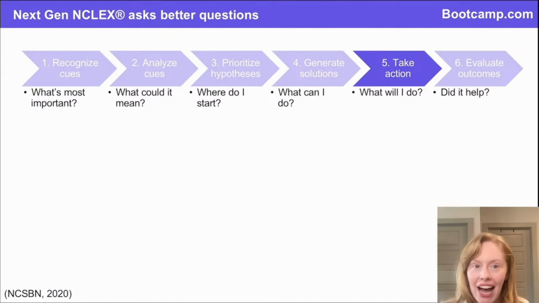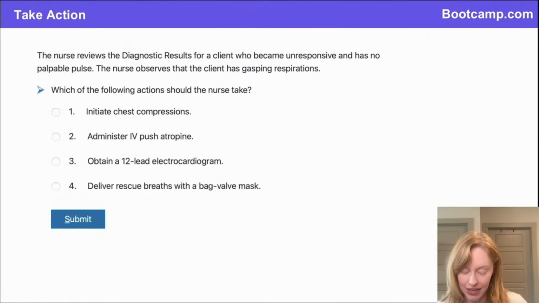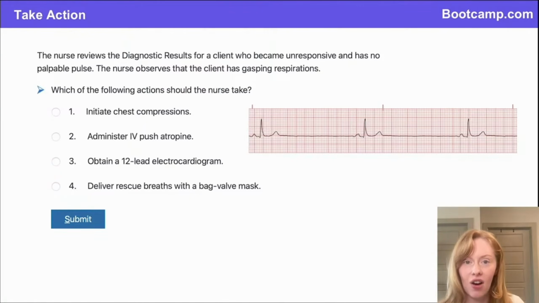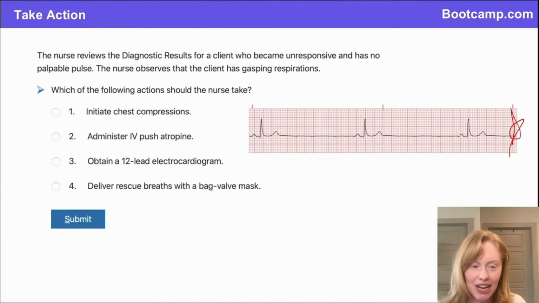Then we're going to take action, or actually implement the action that we know the patient needs. So here we've got diagnostic results for a patient who became unresponsive and has no palpable pulse. They've got gasping respirations. So we look at our diagnostic results here, and we've got this EKG tracing. So what is y'all's interpretation of